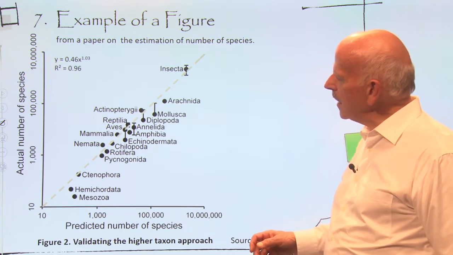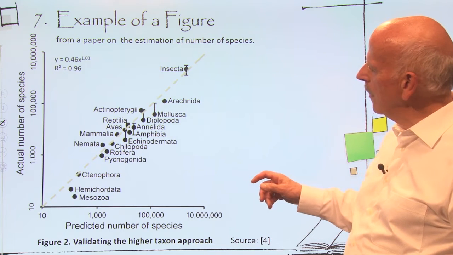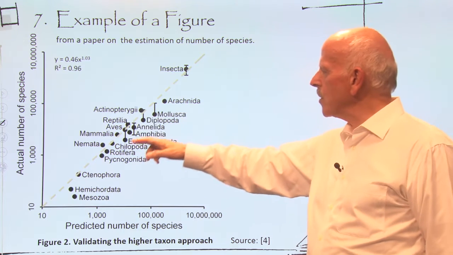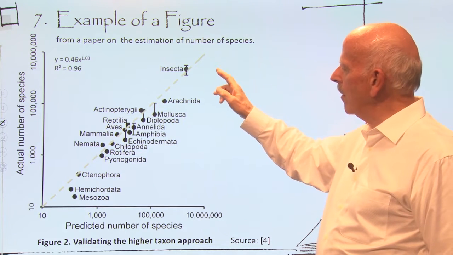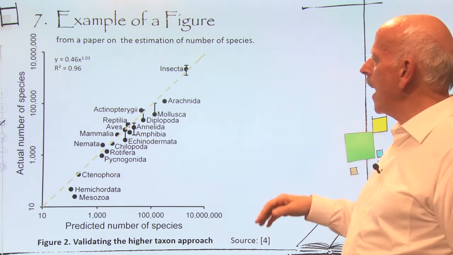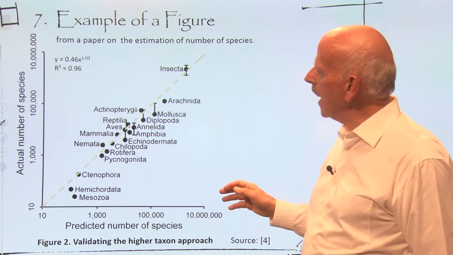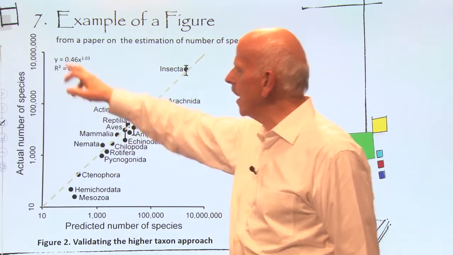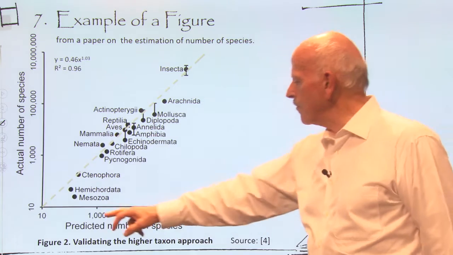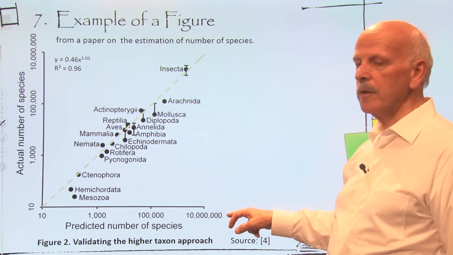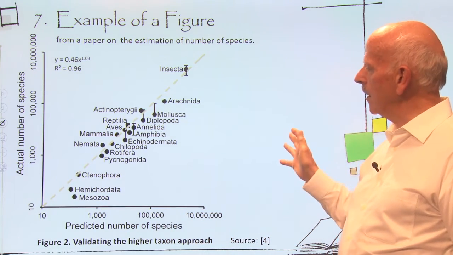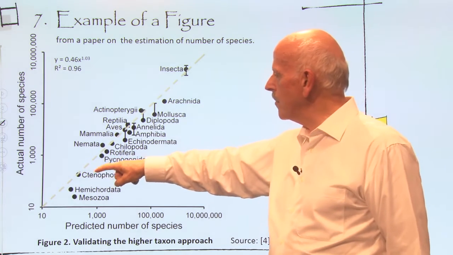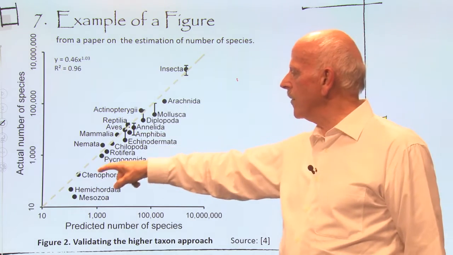The higher taxon approach refers to some of these types of organisms. Some are invertebrates, some are vertebrates. And they looked at the actual numbers of species where it was known on this axis, actual number of species, and the numbers on the scale, and predicted numbers of species over here. And they found something rather remarkable, that using their technique, they were able to have a graph, a figure, that